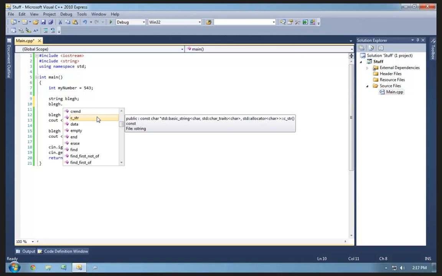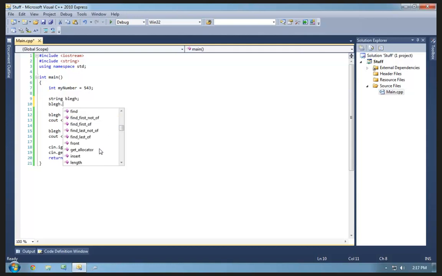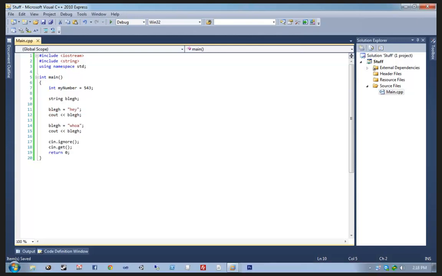C string, which gives us access to the underlying C string that's being wrapped by our string. And then we will be talking about the size and length members in a moment here. I was going to say, would now be a good point to just talk about what all that blah is that you get